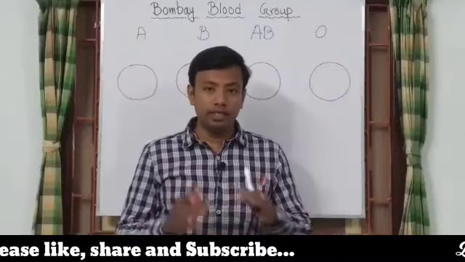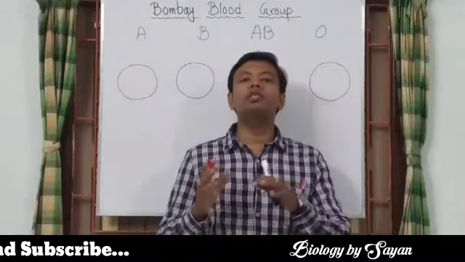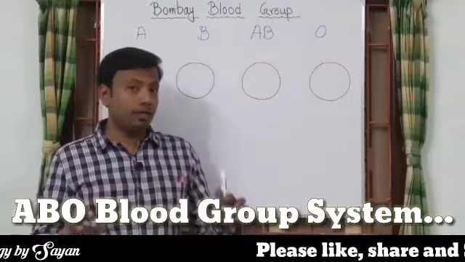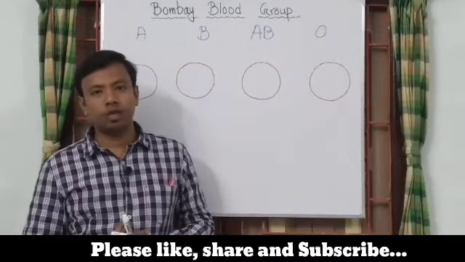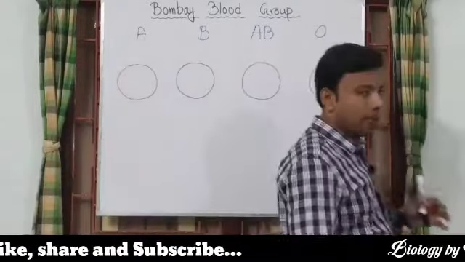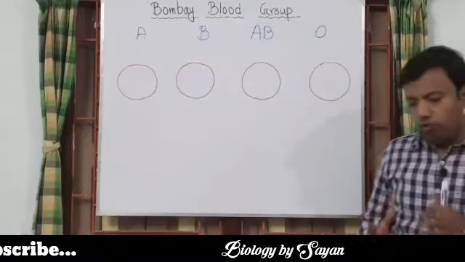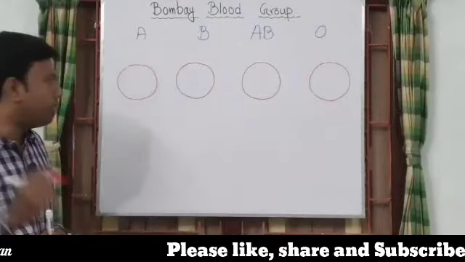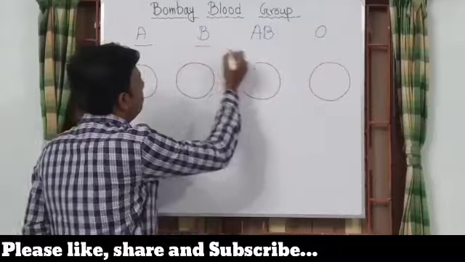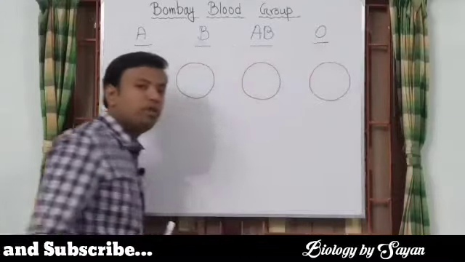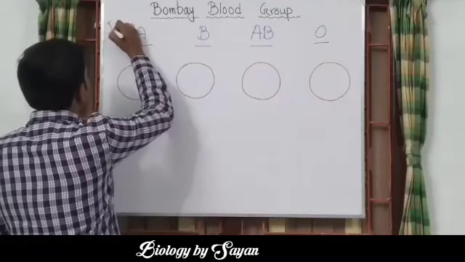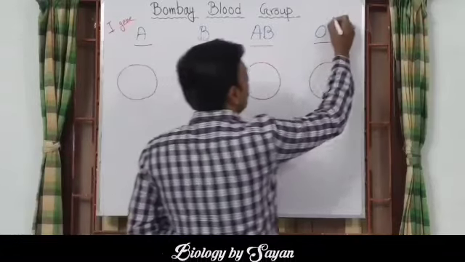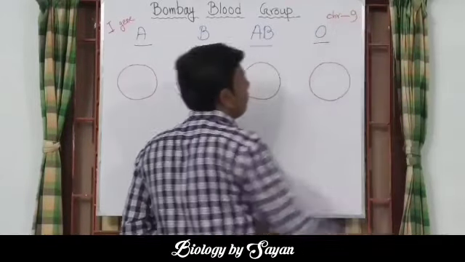If we want to understand the details about this Bombay Blood Group, then we have to discuss something about the ABO Blood Group System, because this Bombay Blood Group is nothing but an exception to the ABO Blood Group System. Although I am not going to discuss the ABO system in detail in this video, we all know that according to it, there are 4 different types of blood group present in humans: blood group A, B, AB and O, which are determined by different alleles of the capital I gene, located on chromosome number 9 in our nucleus.